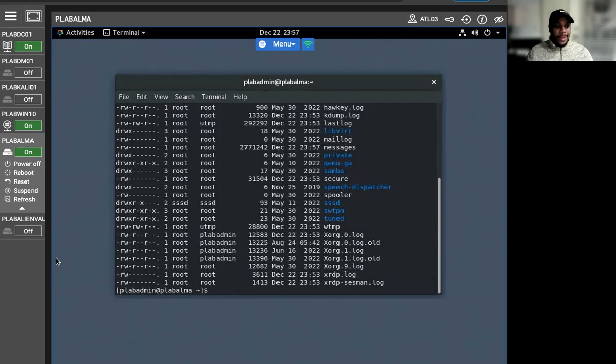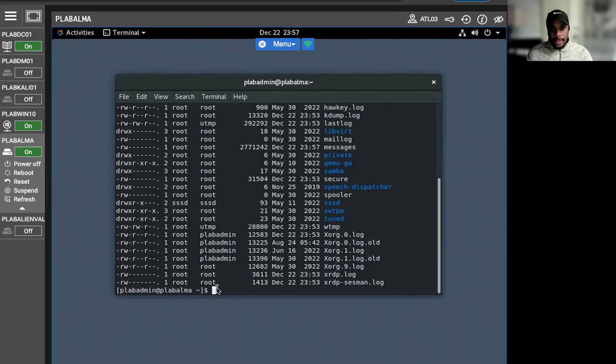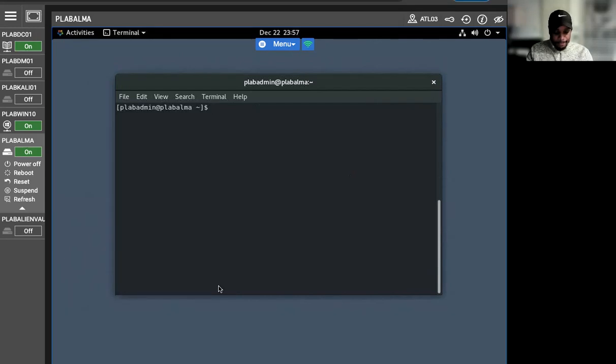Perfect. All right, so we have a list of log files here. I pretty much mentioned this earlier as far as what the directory of files normally is. But now that we have that log there, we're going to take a different way to log search. So to view a log using the cat command, we can do